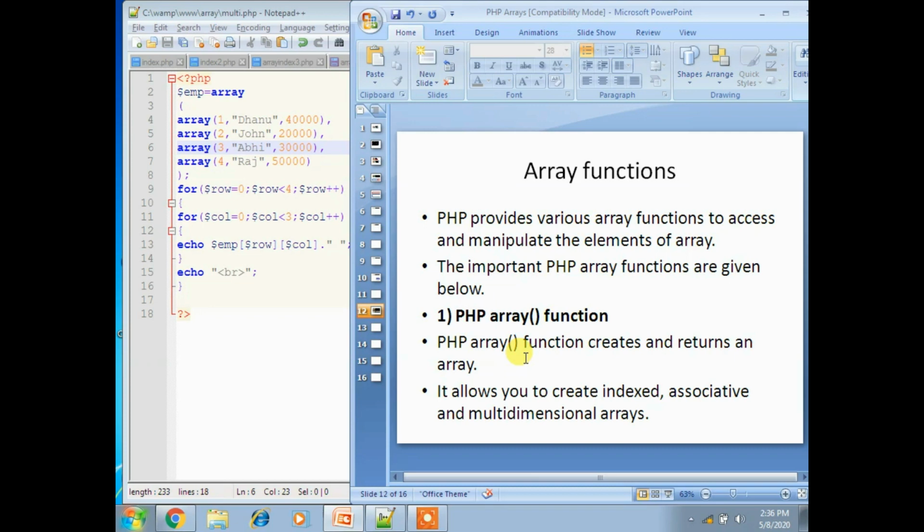So the array function, which we just observed in a simple concept, displays 3 different types of arrays. Let's see an example. I'll take a notepad, then it's easy to understand how an array function displays a value.